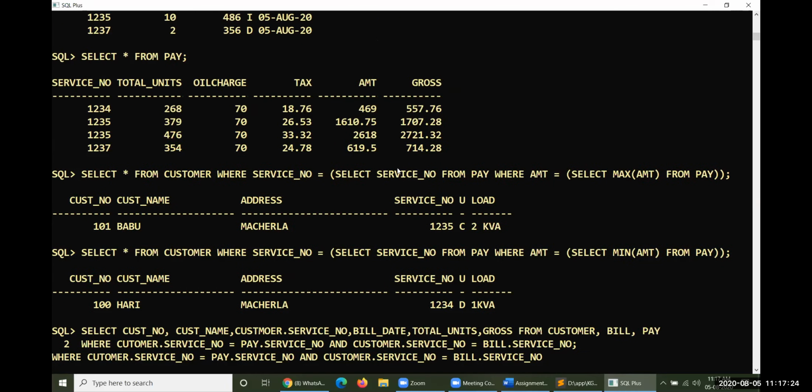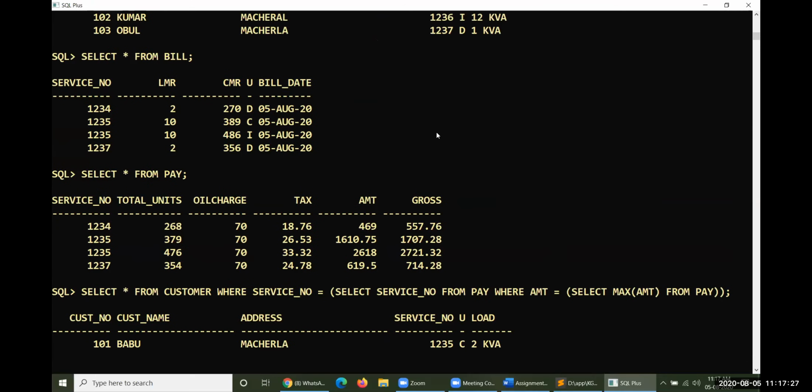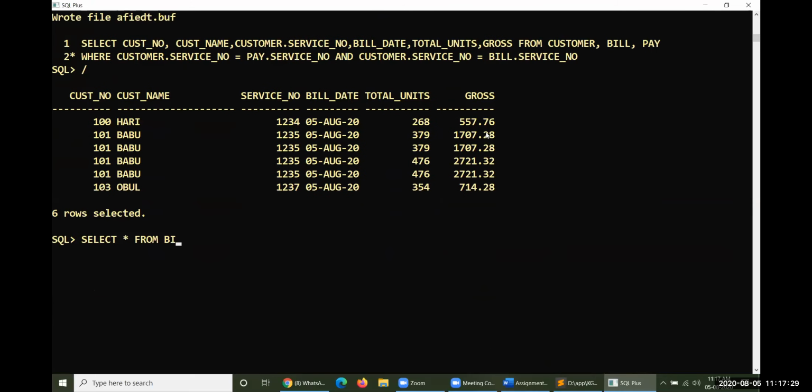So where TO_CHAR of bill date, comma, month. We would like to have only the month, will be equal to August, AUGUST, probably.